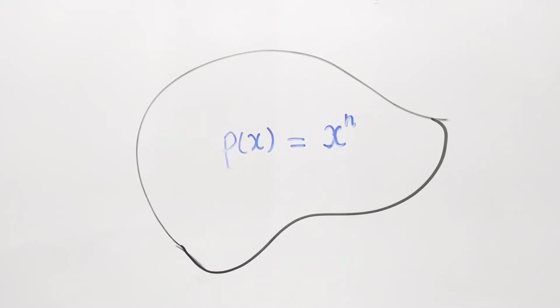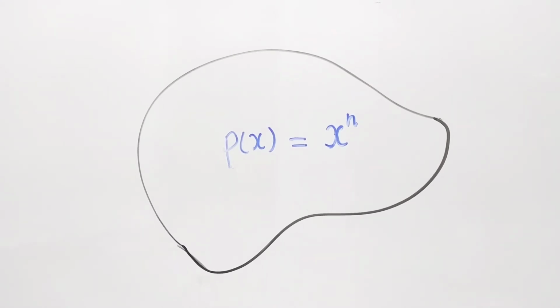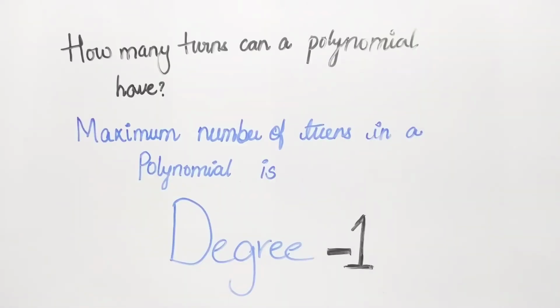Now this is how the graphs look when it's just a single term. We have just x raised to m. As you add more and more terms, the curves will start turning. That is, they will bend even more. So the number of terms, we actually know how many terms they can have. All you need to do is again that golden thing, the degree. Look at the degree of the polynomial. The maximum number of terms it can have will always be degree minus 1. Which means if it's a cubic polynomial, it cannot have more than 2 terms. If it's a quadratic polynomial, it can have only 1 term. Which is why the shape that you see is a nice smiley.